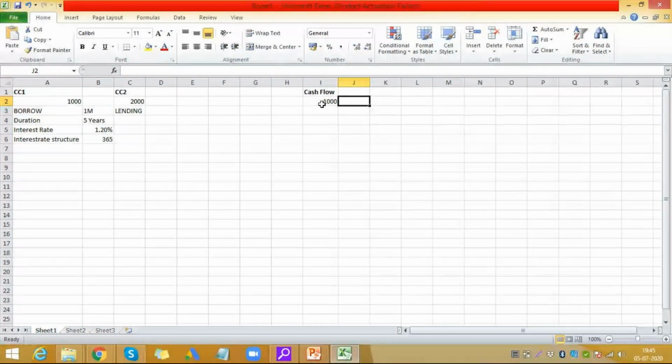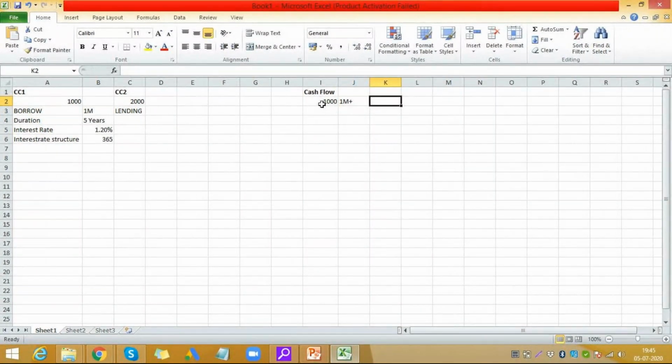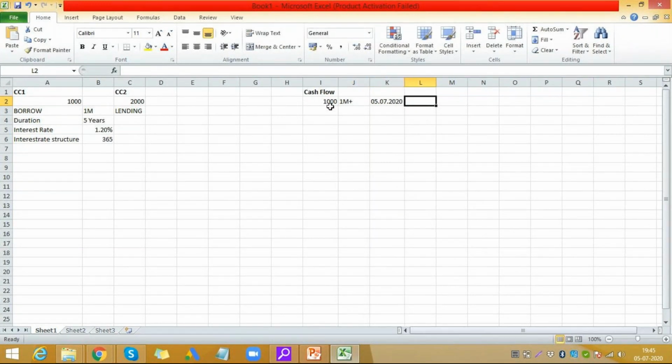When the company code is borrowing, it's taking 1 million plus, as of today's date, 07/05/2020, and it says that it will pay an interest of 1.20% every year. So on the cash flow, this is coming in, right?